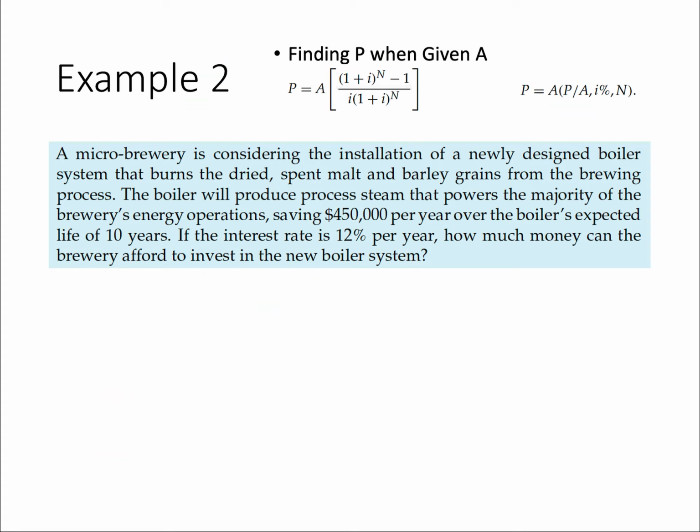The boiler will produce process steam that powers the majority of the brewery energy operations, saving. Look at that. So the new boiler can save you this much per year over the boiler's expected life of 10 years. So every year you save the same amount for 10 years. That sounds like an annuity, right? If the interest rate is 12% per year, how much money can the brewery afford to invest in the new boiler system? Okay, so how much you would be willing to pay for this new boiler,